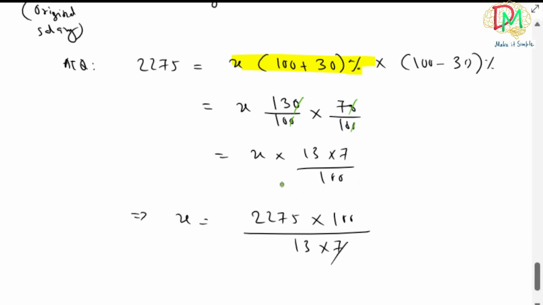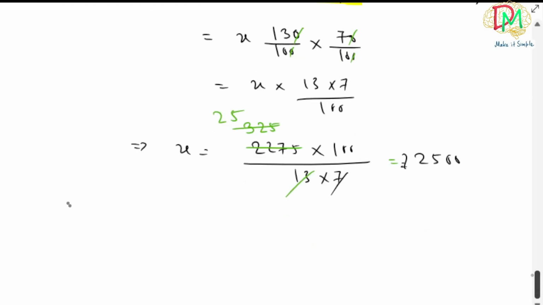To simplify this, next is 13 times 175, 6, it is 5, right? So finally we get 2500. So the initial original salary